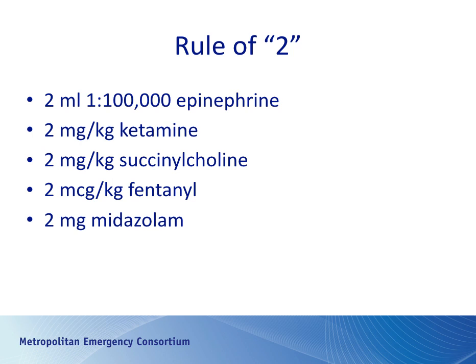So if you have any doubt in your head, what am I doing? What is my drug dose? If you don't have time or available or access to your protocol on your phone, just remember 2. So again, 2 milliliters of the 1 to 100,000 of epinephrine for hypotension, 2 milligrams per kilogram of ketamine as